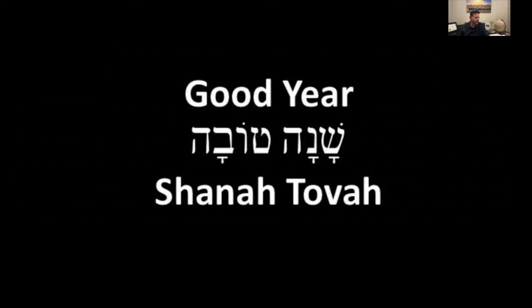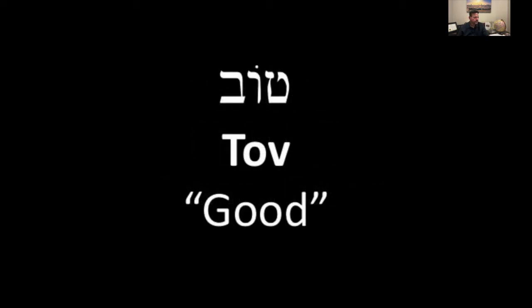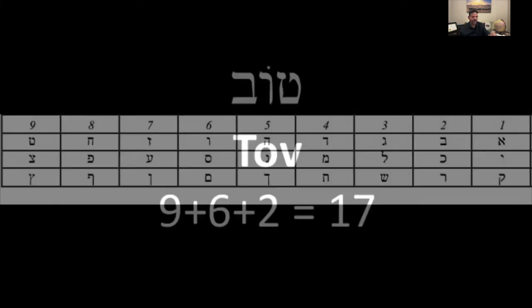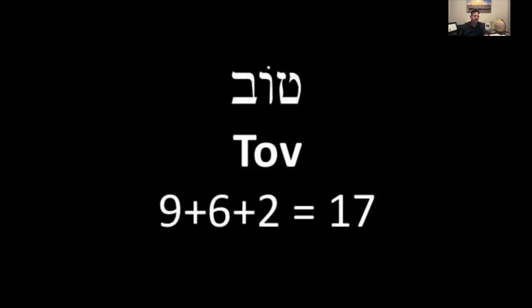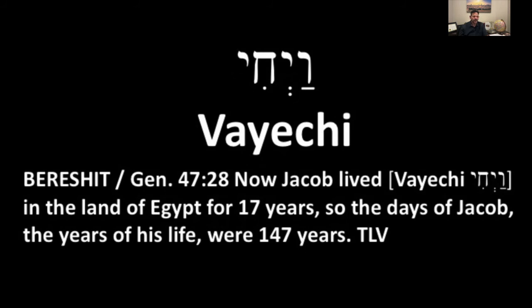Well, did you happen to know that we can also take the word good and do a numerical value for it? So we're going to look back at this structure, and we're going to see that the letter Tet, which here is number 9, coupled with the Vav, which is 6, and the letter Beit, which is 2, and we can now do the math of 9, 6, and 2, which is 17. Could it be that the 17 years that Jacob lived his final years of life in Joseph's home was to